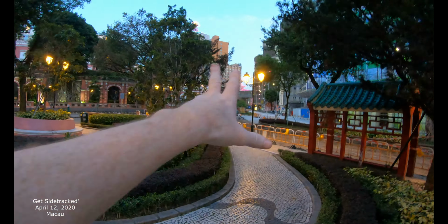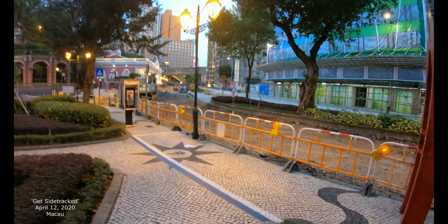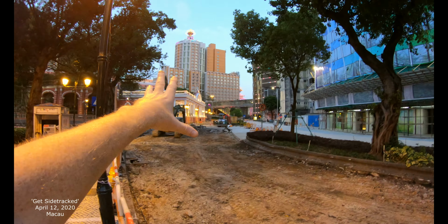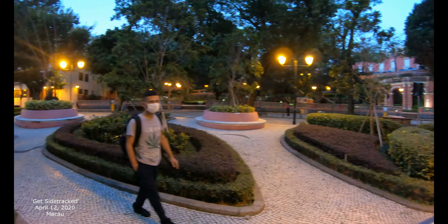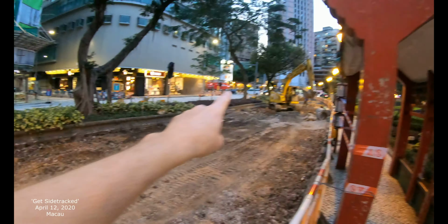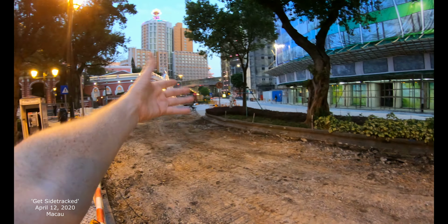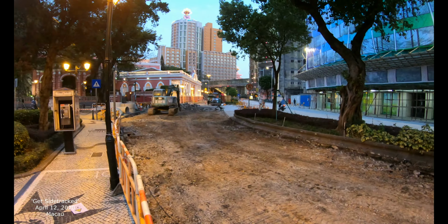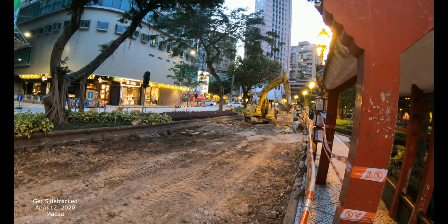So all this over here is all reclaimed land on this side of this construction spot. Reclaimed, I don't know, maybe 50 years ago. I'm not sure. I saw a picture of this Lisboa, this yellow building right here. It was the only building in this area in 1970. And then this pink one probably would have been here as well. But then this would have been all along this big riverfront area. Then this would have been where the waterfront would have been, Avenida de Grande Praia. So maybe the water would have come up to this area somewhere. I can't really picture it very well, but anyways, that's what it used to be like. So this was all flat and completely